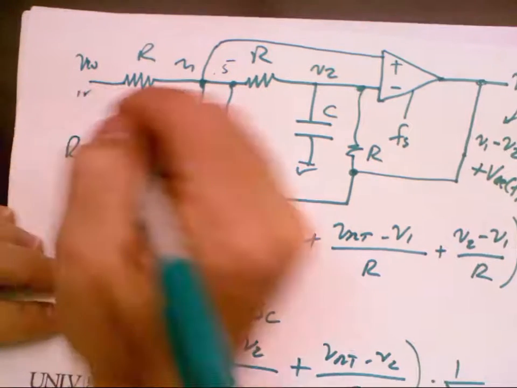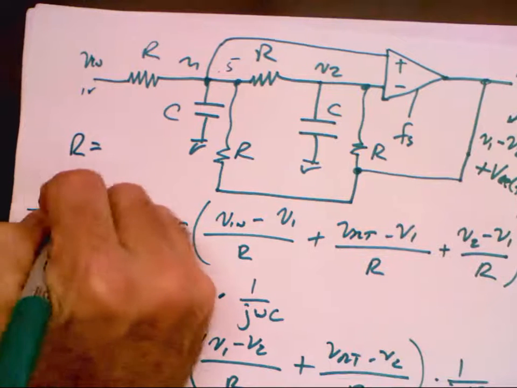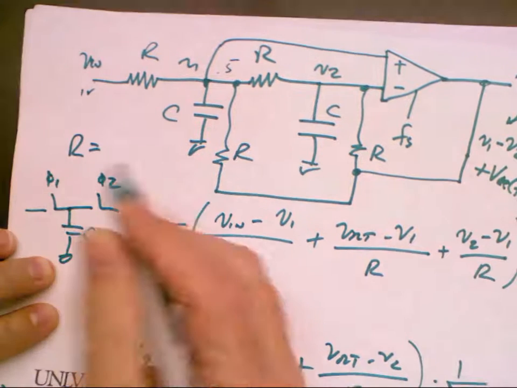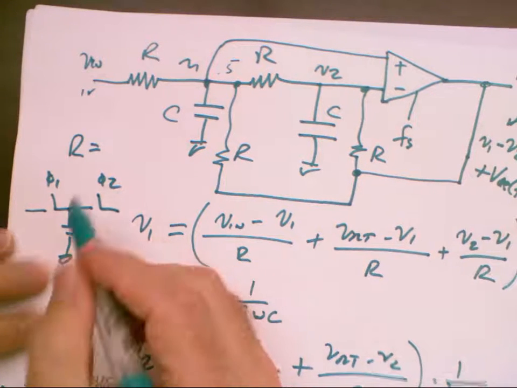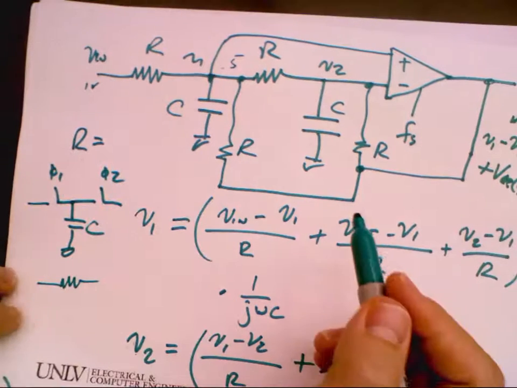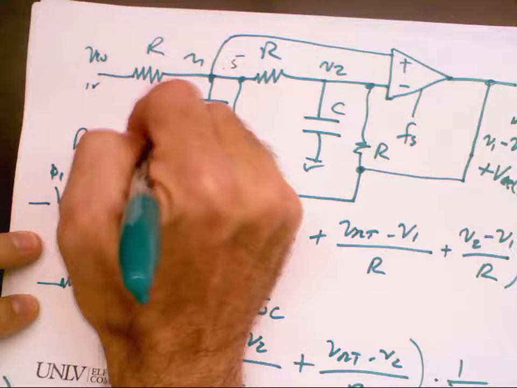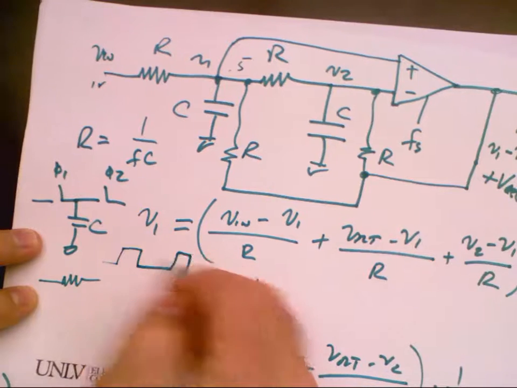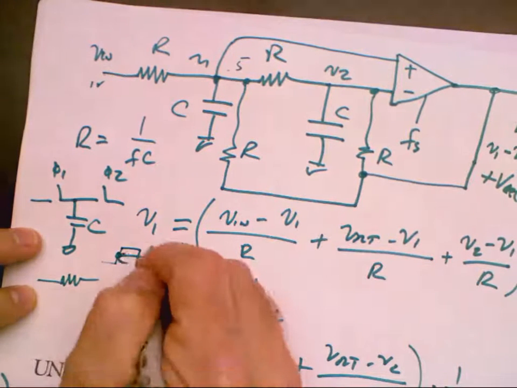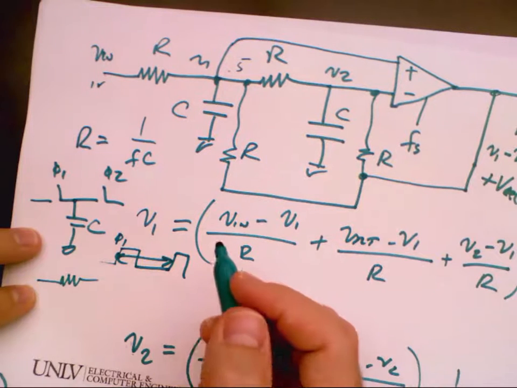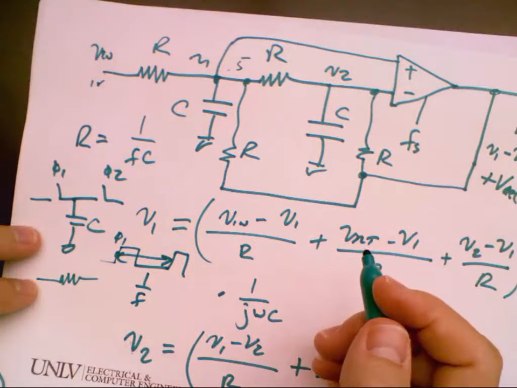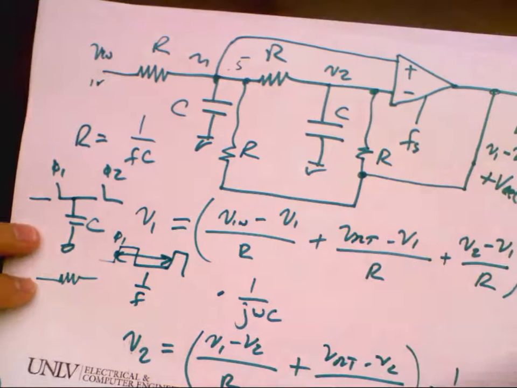And just as a sanity check, for a switch capacitor, which looks like this, with non-overlapping clocks V1, this is a resistance, what is the effective resistance there? Yeah, 1 over FC, right? Okay, so if I look at V1, what is the time between the edges? Yeah, 1 over F. I'm asking the trivial questions just to make sure everyone's with me. Okay, so I'm going to replace these resistors with switch capacitors,